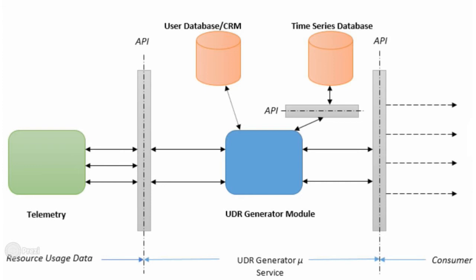Now, the UDR microservice takes this data, transforms it, changes the data structure, and saves it into the time series database. Once it saves in the time series database, it also tries to map the user with the user details, which are stored in the user database. So over here, we also see a possibility of including external data along with the resource usage data